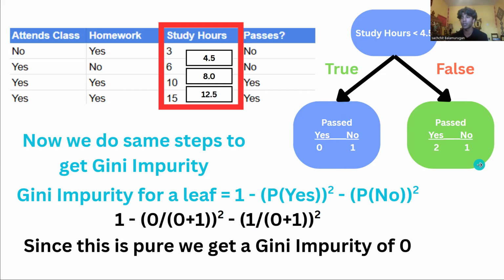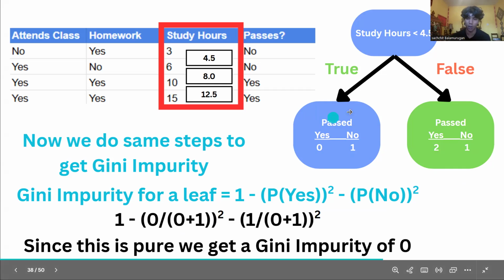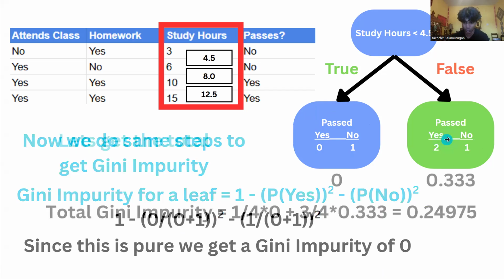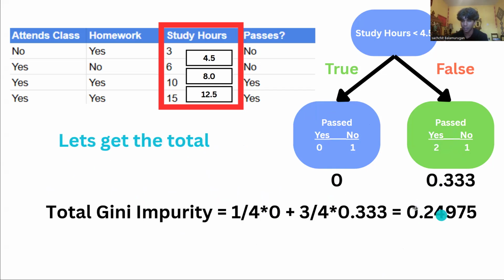Then you get the Gini impurity for this. You get the weighted average for both of these, and after getting the weighted average, you multiply it by this Gini impurity. Whatever the weighted average is here, in this case it would be 1/4 here, and the weighted average here would be 3/4. So 1/4 times, in this case, 0, and then 3/4 times whatever value, add them together, and then you get the total Gini impurity of this value here.